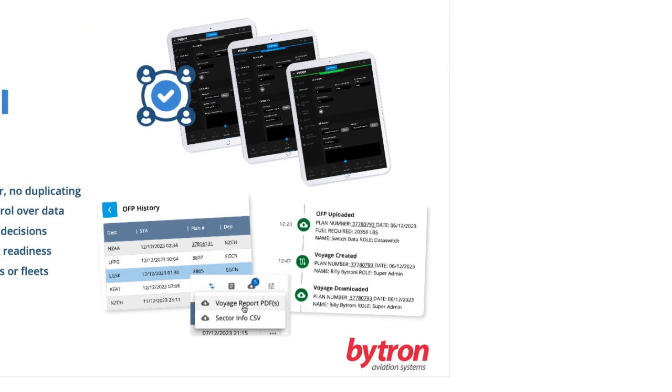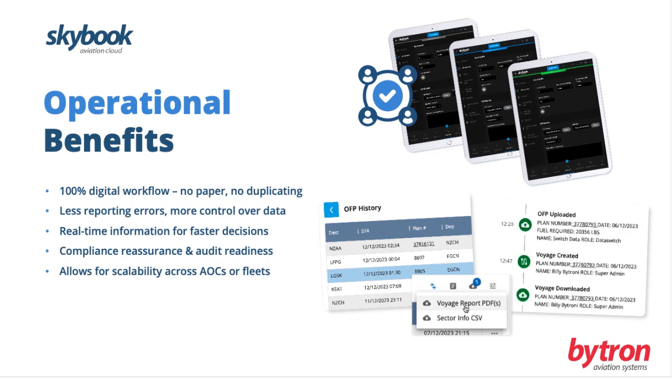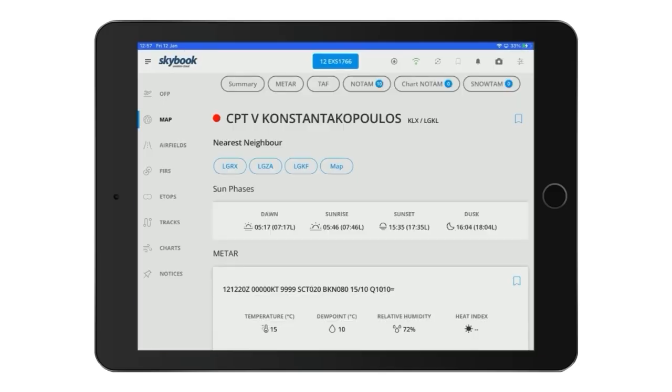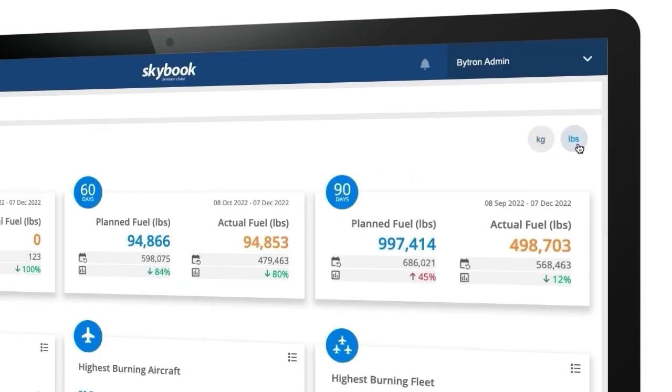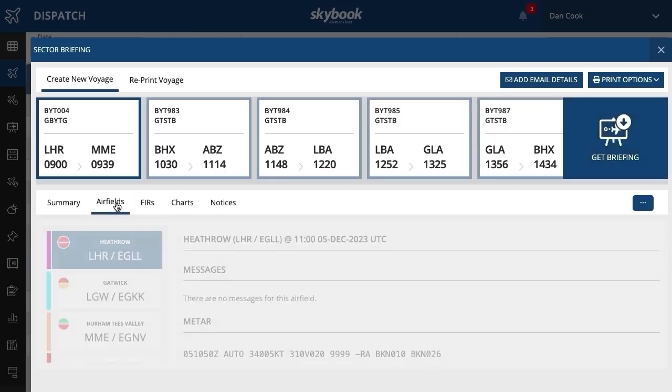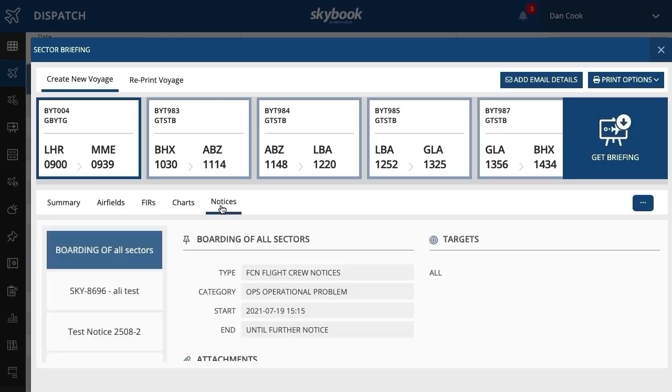To summarise, Skybook enables airlines to improve efficiency with a digital workflow and automate repetitive tasks, reduce reporting errors with control of your data and operational settings, access real-time information for faster decision-making, provides compliance reassurance and audit readiness, and allows for scalability across fleets and multiple AOCs. By combining real-time briefings, customizable journey logs, and comprehensive post-flight reports, Skybook enhances situational awareness, improves safety, and enables continuous